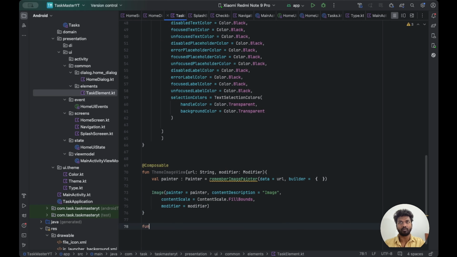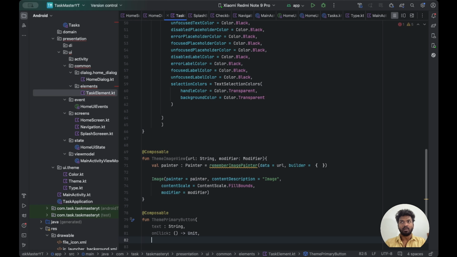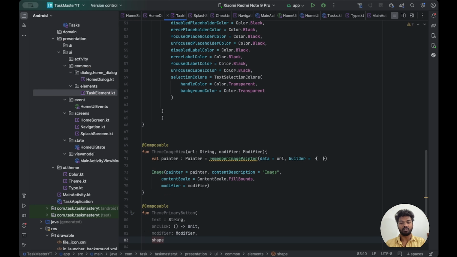Okay, string, on click is equal to on click function, modifier, shape, shape is equal to shape. Okay,